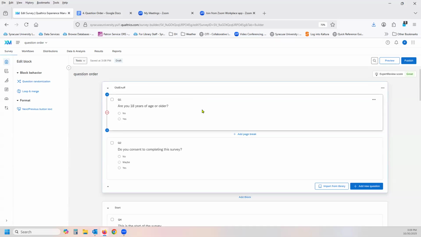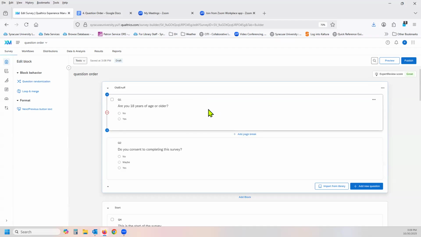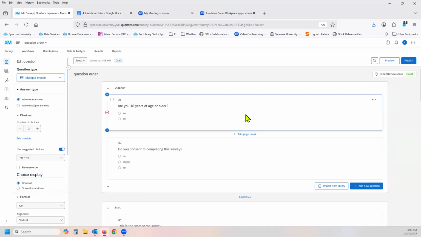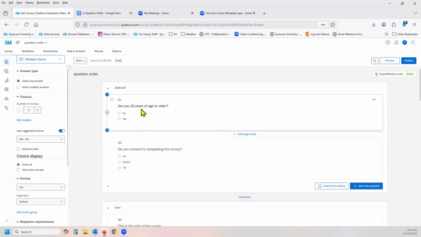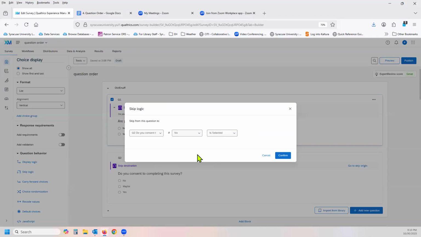Now, often, when you're doing your survey, you have to have a consent statement. You have to make sure that somebody's 18 years of age or older and that they consent to doing the survey. So if somebody's not 18, you want to kick them out of the survey. You don't want them to go through and answer everything. So this is where you would use something like skip logic. You highlight the question, you scroll down to where it says skip logic. You get one of these